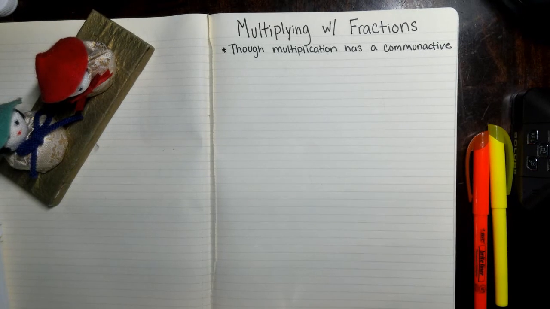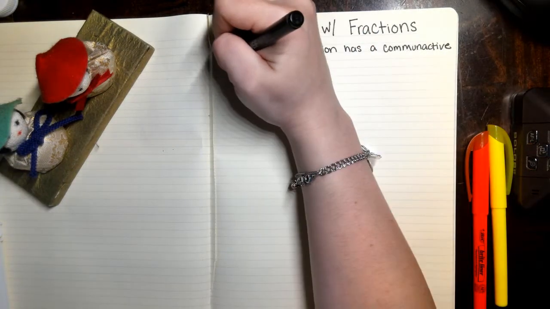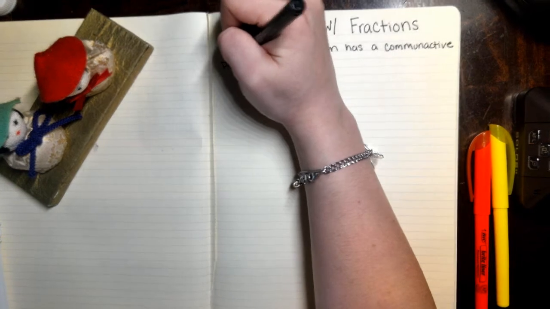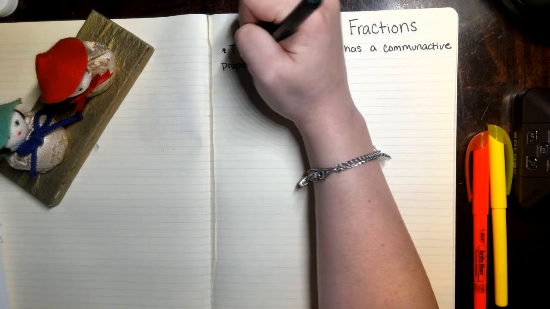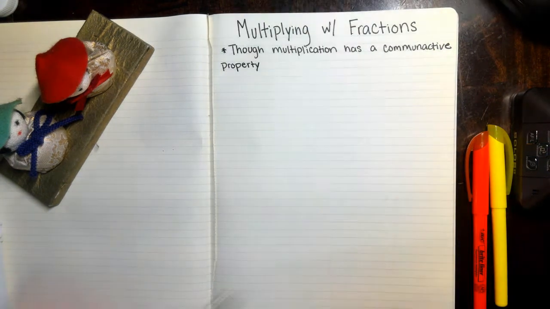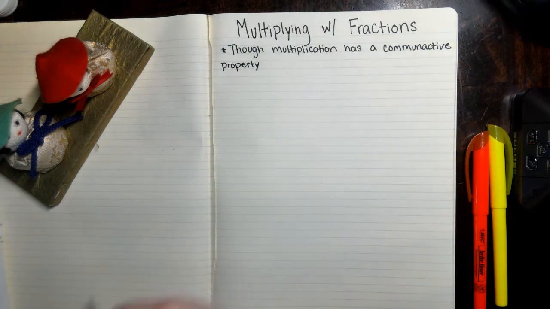Commutative property. I'm 90% sure I'm saying it wrong, but that's okay, as long as we spell it right. Okay. Though multiplication has a